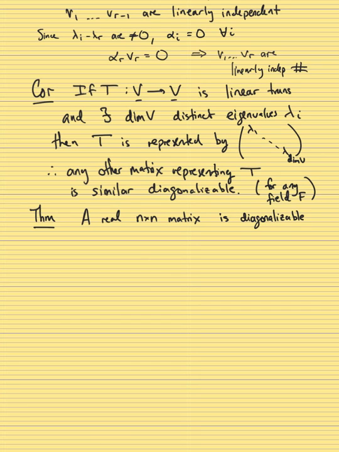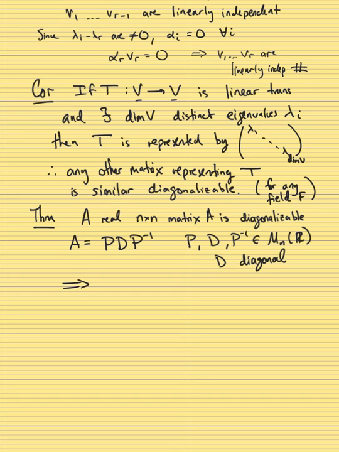Okay, which means that it can be written as, so I'll just call this A. So A is P D P inverse, where P, D, and P inverse are in n by n matrices, and D is diagonal. Okay, so just the situation as in the above corollary. So this is true if and only if